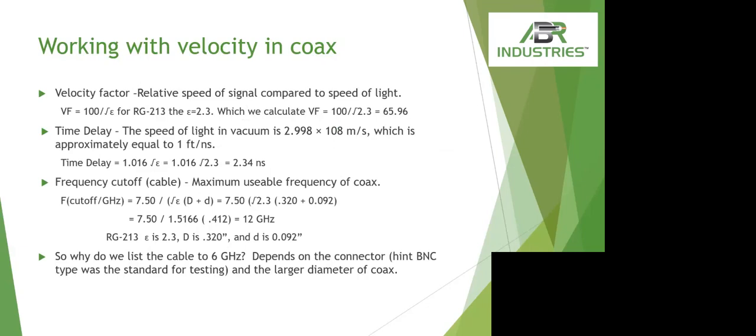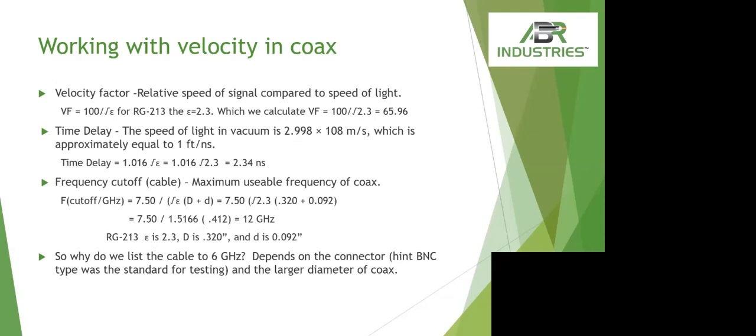So when we look at the velocity factor of our RG213 example, we see the velocity factor is 100 over the constant that we talked about earlier, which is that 2.3. So for RG213, the velocity is 100 over the square root of 2.3, which comes out to 65.96, which is 66%. So as we look at that, we also measure then what that time delay is, do that characteristic calculation,